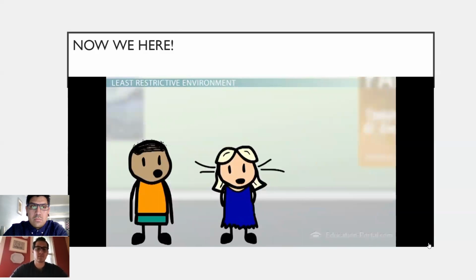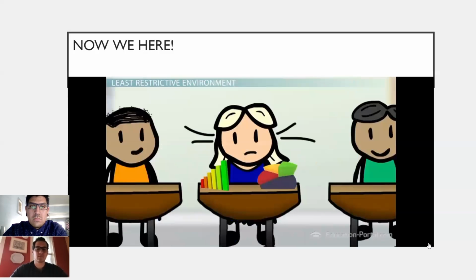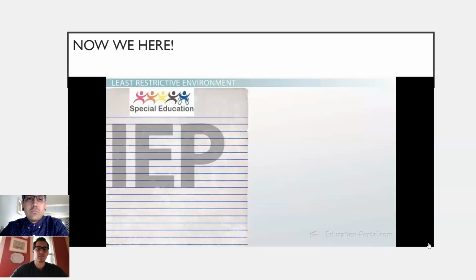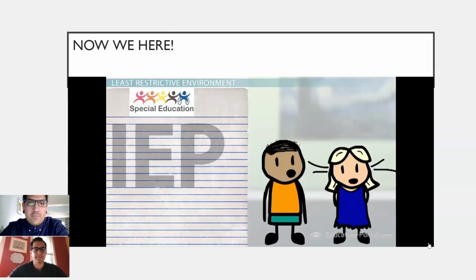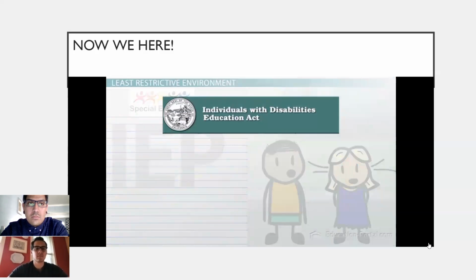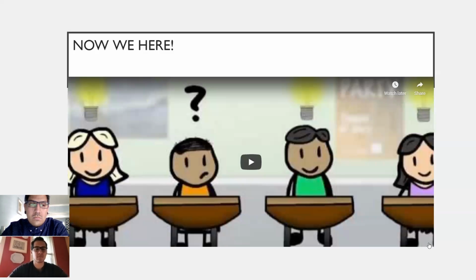Susie should have the opportunity to interact with her peers and have the same access to educational experiences as everyone else. Susie may just need additional resources, such as visual aids, to optimize her learning. Individualized education programs and least restrictive environment are the two most well-known principles of the Individuals with Disabilities Education Act. However, there are four